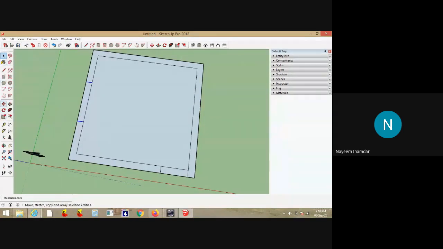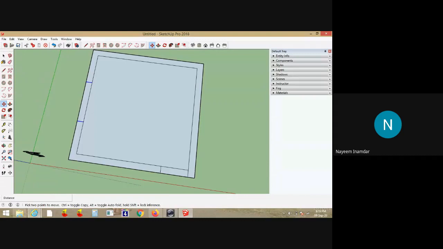Click move. Whatever you do, in the right lower left corner, what that entity does, what that command does, it is displaying here. Like how in the command bar when you are using AutoCAD, whatever command or tool you are using, it will tell you what all the options available are and what that command does.